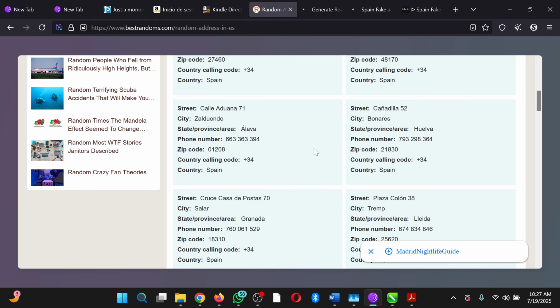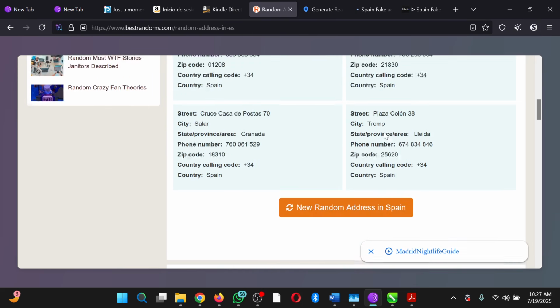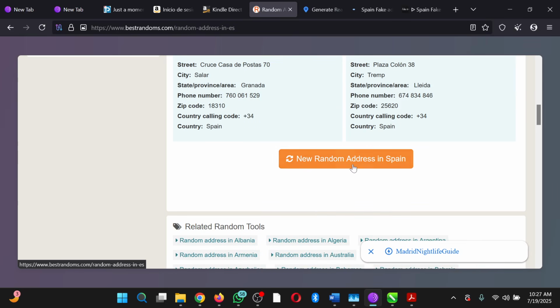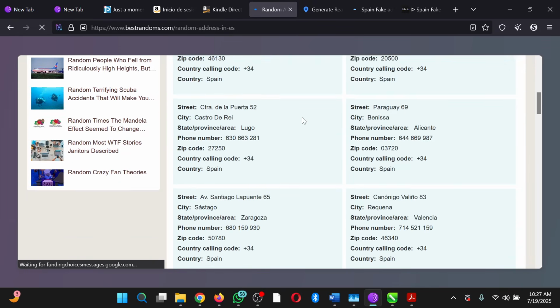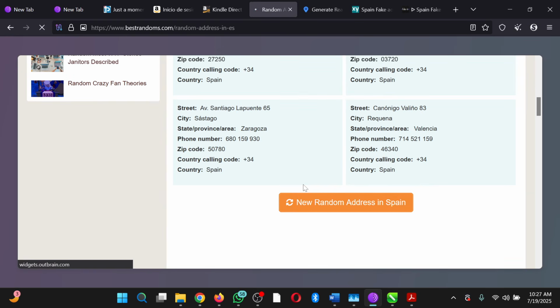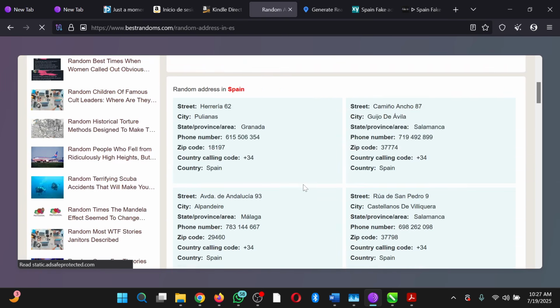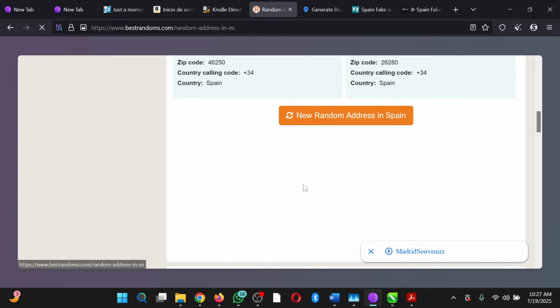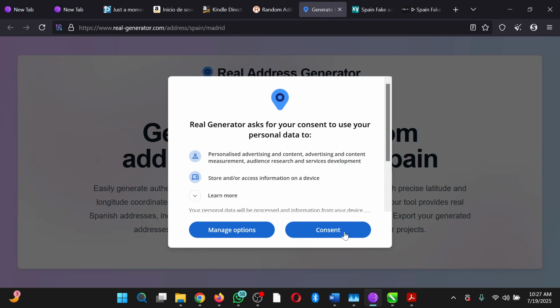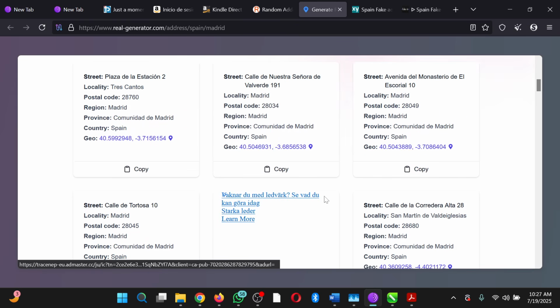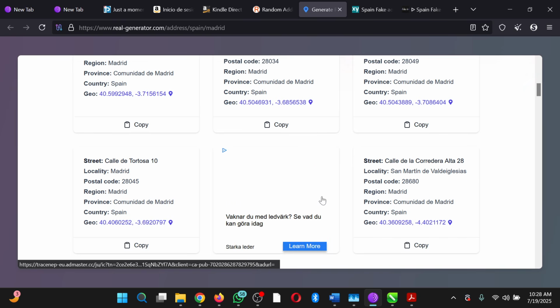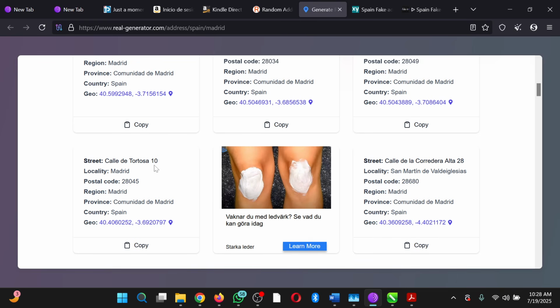So Madrid. It's not Madrid. Okay, so let's see this one. This one is regenerator. See Madrid. Bring out Madrid. Okay. Alright, so let's use this as the, so you copy the zip code, come in here,